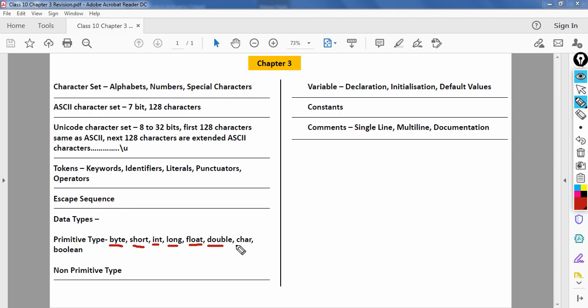Character is 2 bytes, and boolean is 1 byte, but it uses only 1 bit. Whenever you are asked how many bytes the boolean data type uses, you'll say 1 byte, although it uses only 1 bit. 1 byte is 8 bits, and within those 8 bits it uses only 1 bit.